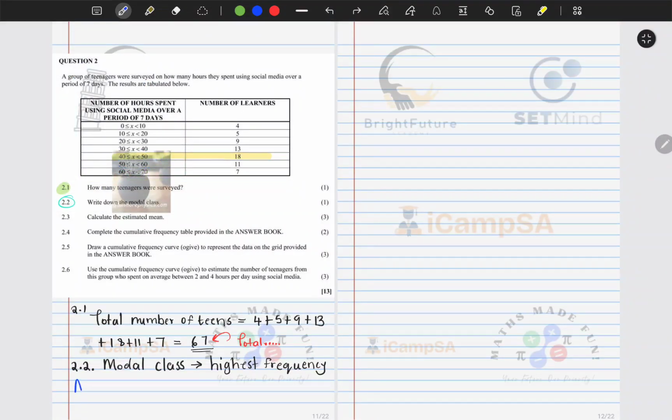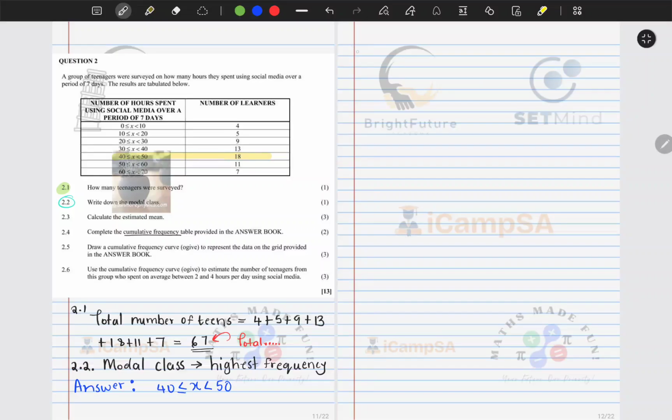So essentially our answer becomes x must be greater or equal to 40 but less than 50. That becomes the modal class, because that is the class where we have the most number of learners. So 2.3, we are required to complete, if you observe carefully, the cumulative frequency